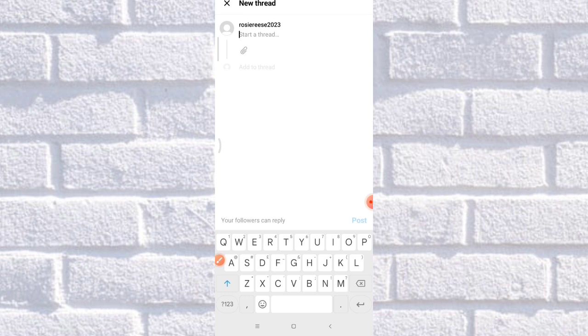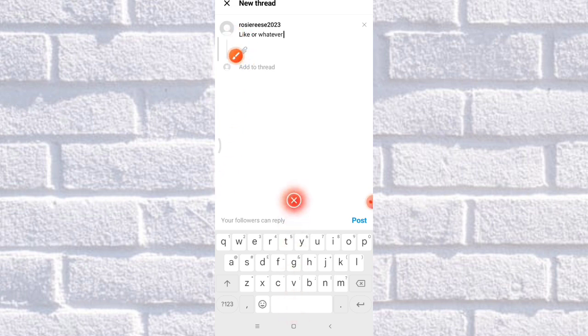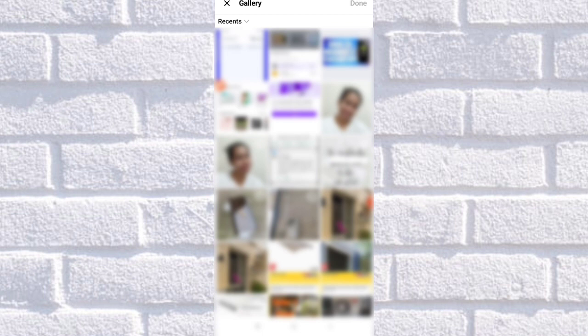wherein you could write a caption in here, or whatever. Then as you can see here, there's a clip button here, so you would notice this. What you need to do is tap on that, and as you can see, guys, it will load